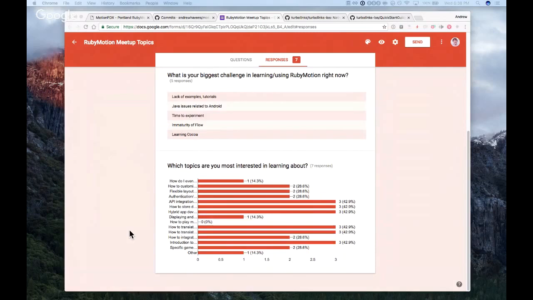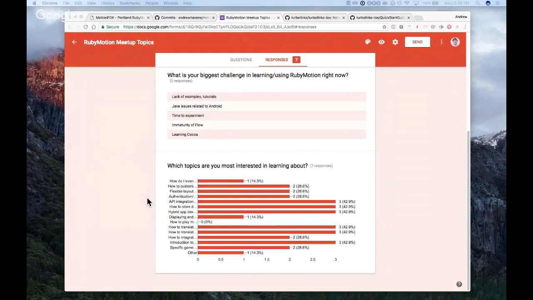So it's hard to narrow it down, but I was thinking that maybe the first half of this we dive into some hybrid app development.